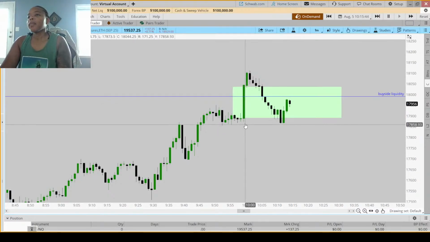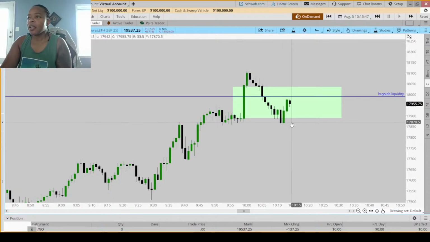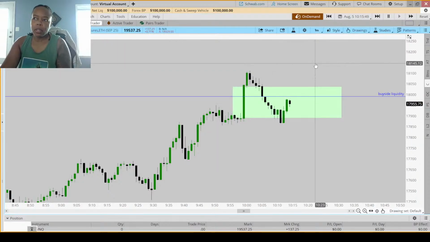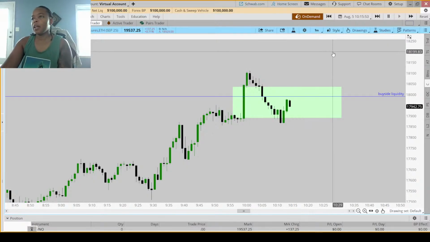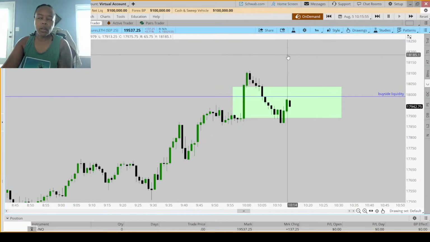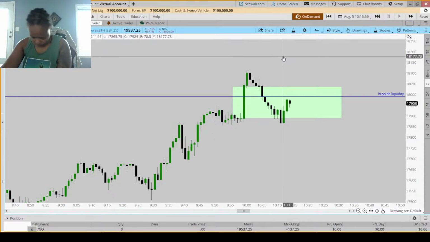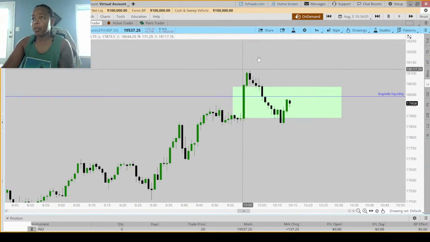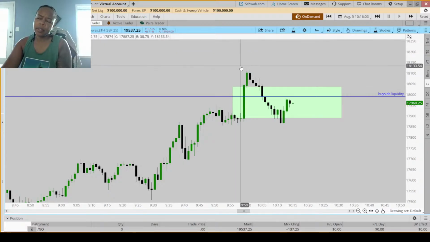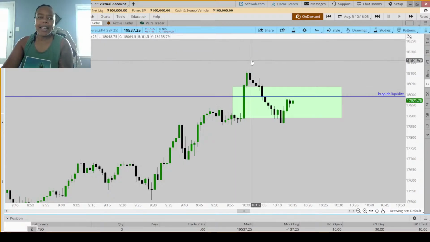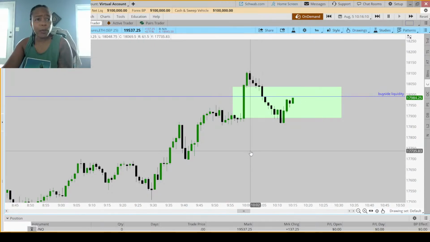So just waiting to see if they're going to continue up, in which case I don't have a setup, because now I'd have to wait for them to go for more liquidity. But they did close above this pretty strongly, so I really don't think it's necessary for them to come back up and sweep it one more time just to drop. But who the heck knows? Who knows anything about what the market's going to do? They're just going to do what they're going to do, right?